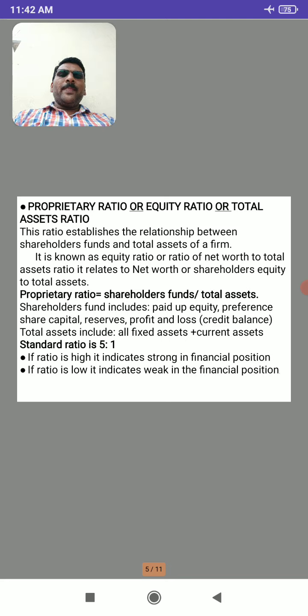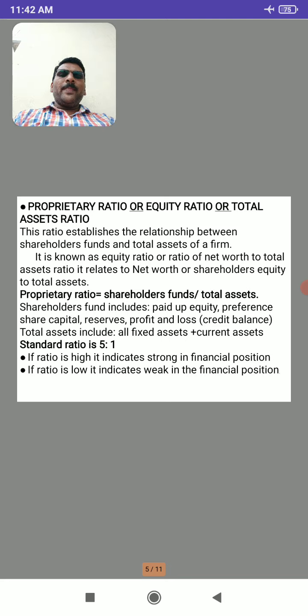So here in the problem it is given that the firm's equity share capital is 6 lakh and the fixed assets are 7 lakh 50,000. Preference share capital is 3 lakh. Current assets 3 lakh. Reserves 1 lakh 50,000. Investments 4 lakh 50,000. Debentures are 3 lakh 60,000. Creditors are 90,000. And the total assets and total liabilities are 15 lakh.